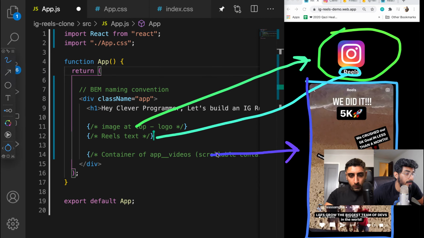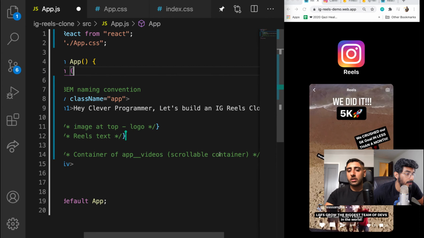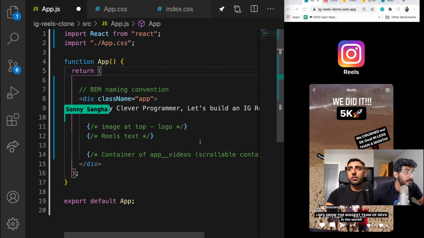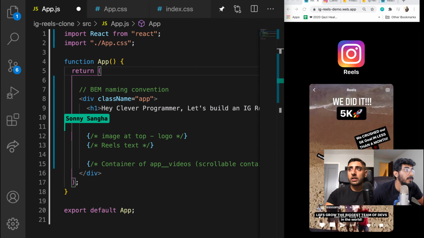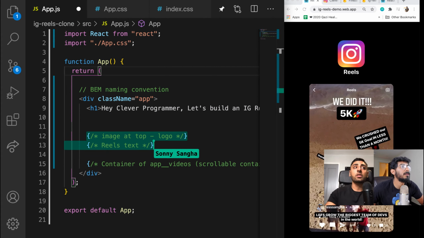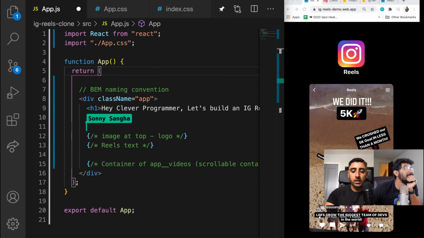Awesome. So with that said, what we're going to do now is first make the first div. You see we've sectioned things off. I recommend you do this to make it a little bit easier for yourselves in terms of laying things out. So here we can do div app